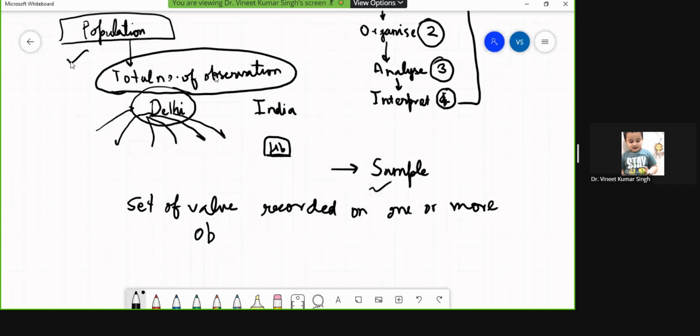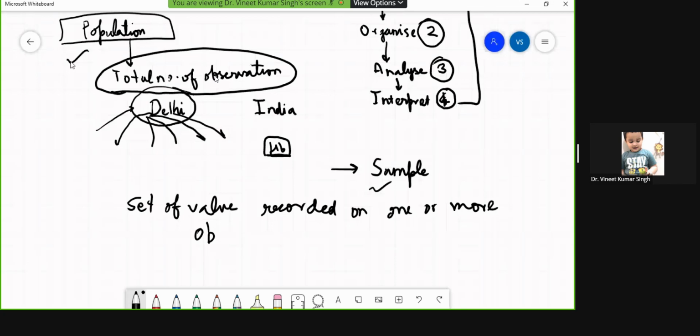Okay, so the measures generally include range, variance, and standard deviation. Only the basic ones. So range is basically,